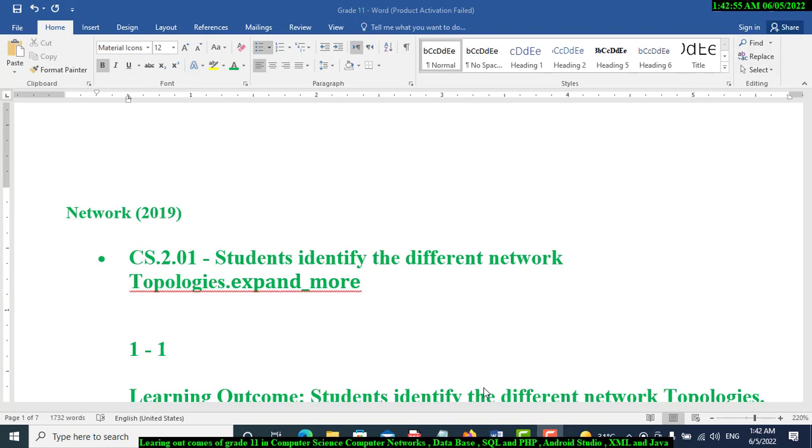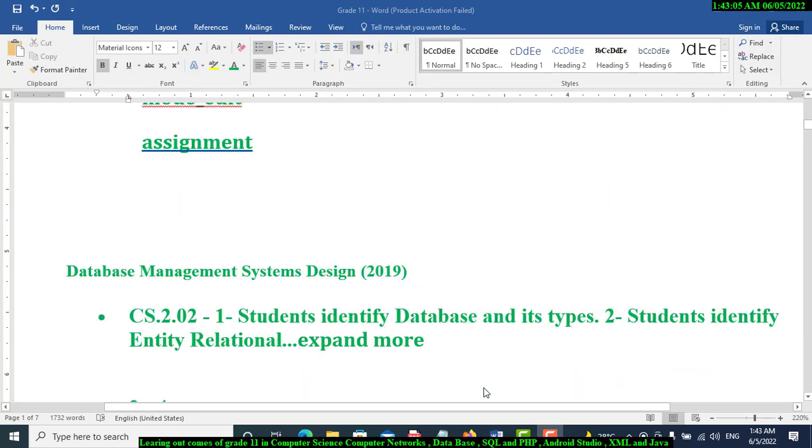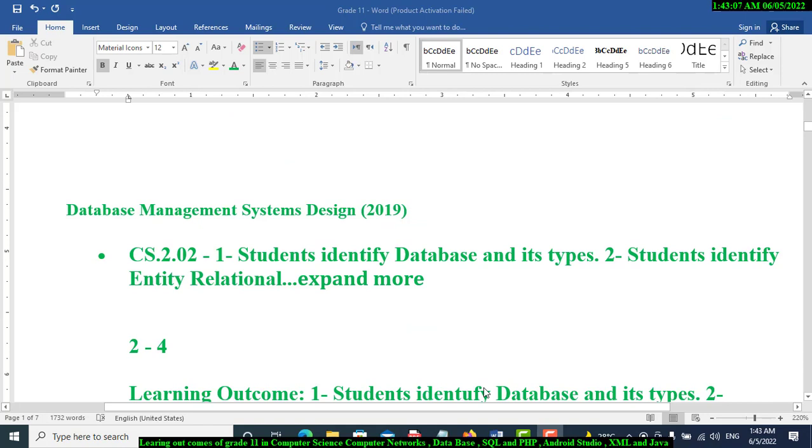The first learning outcome is CS201. Students identify the different network topologies. The second LO: students identify database and its types. Students identify entity relational